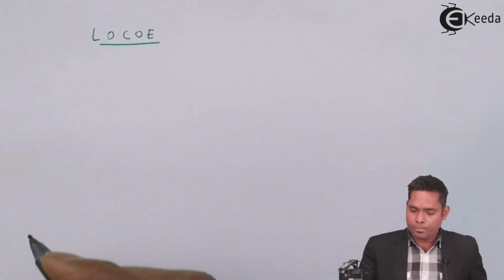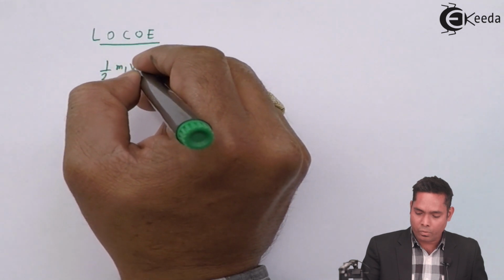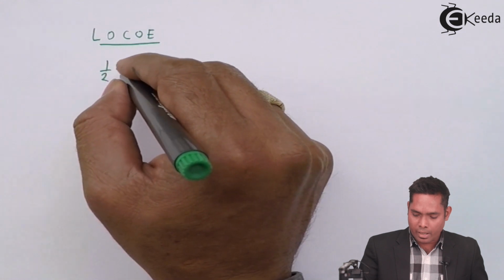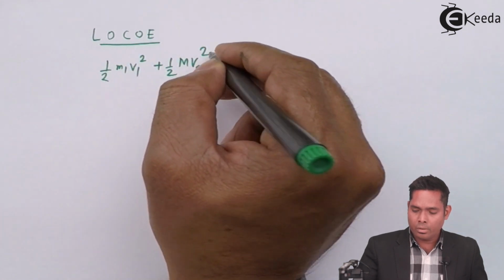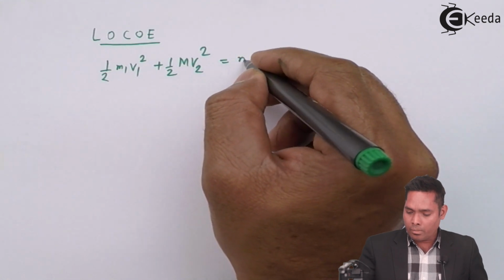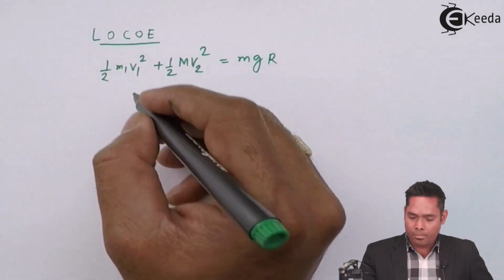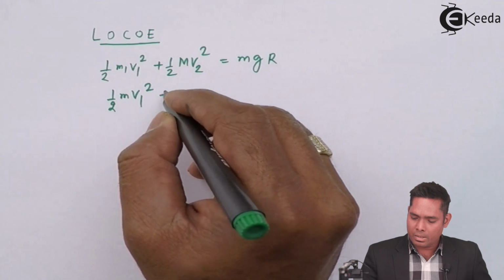Therefore I write half m1 v1 square, that is, write m here, and half M v2 square equals mgr. Here m1 is m, so write here half m v1 square plus